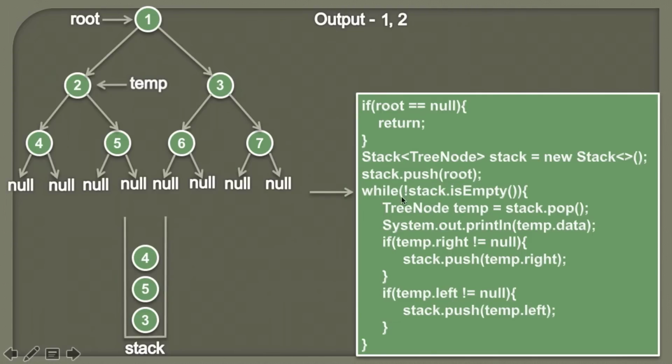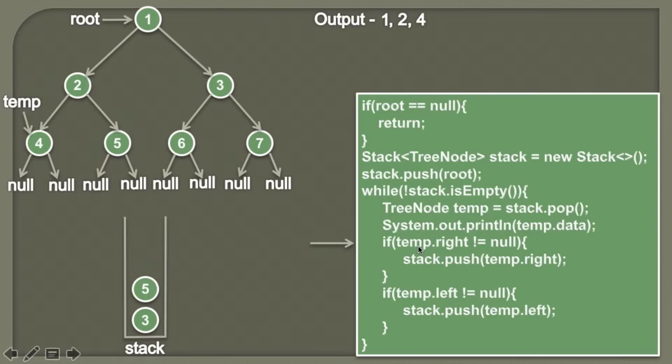And then we'll again execute the while loop and we'll check whether stack is empty or not. So currently stack is not empty. Therefore the while loop executes. And now in the first step we'll simply pop an element which is on the top of the stack. So here we know that 4 is on the top of the stack, so it will be popped out, and now temp will point to the node 4. Moving ahead, and then we'll simply print the data associated with this node, which is 4,